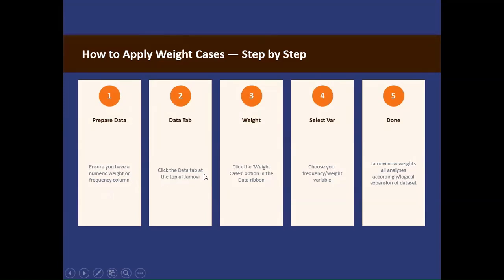Then click the Data tab at the top of Jamovi. Click the Weight Cases option in the data ribbon. Then choose your frequency variable. Now Jamovi does the logical expansion of the dataset automatically. Let me demonstrate it through the Titanic dataset.